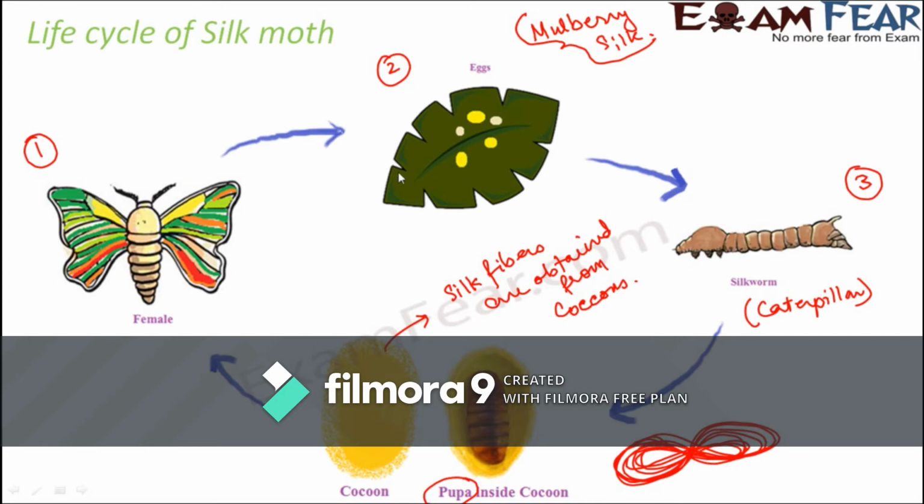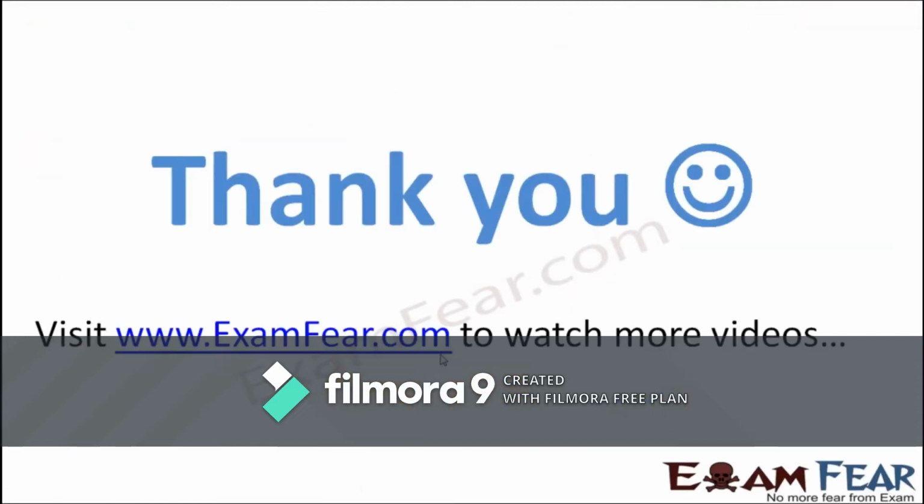Here you saw the entire process, where it started with an adult moth. Now once this adult moth comes out of the cocoon, again the process continues. The adult moth will become capable of laying eggs, and a female moth lays hundreds of eggs at one time. And then these eggs hatch larvae, and these larvae are called caterpillars or silkworms, and the process continues over and over again.